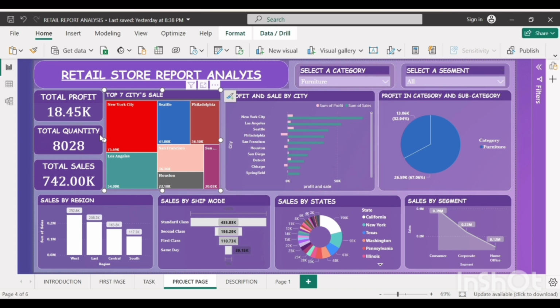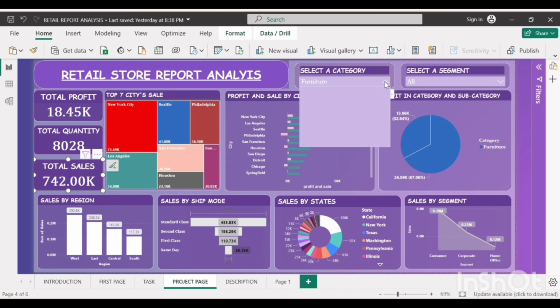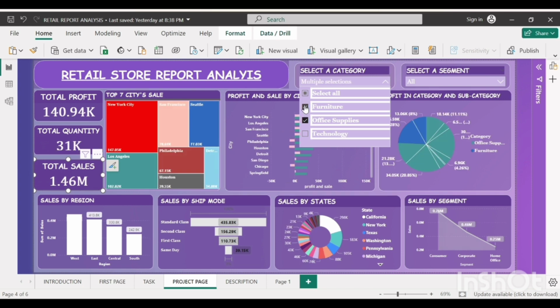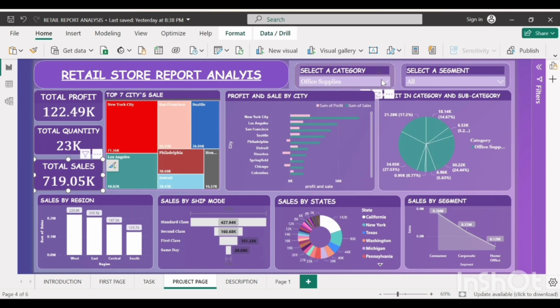It's amazing, and we can see the total profit we are earning from furniture, the total quantity we have sold in furniture and total sales. Now I am selecting office supplies and see